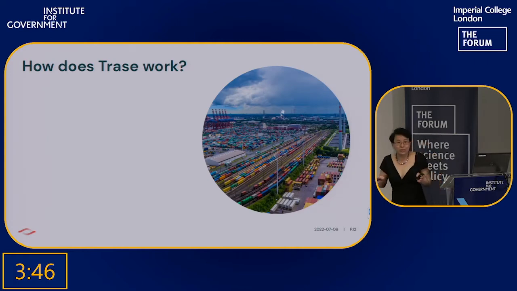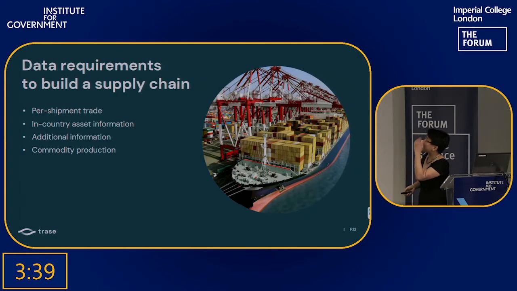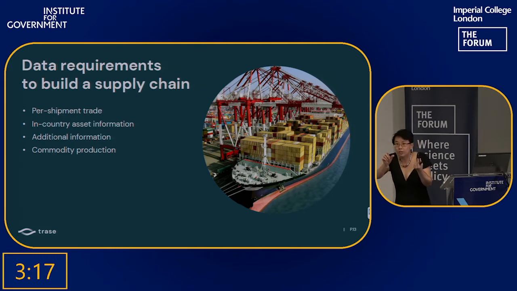How does Trase do this? It would take me far more than 8 minutes, more like 8 hours to explain, but briefly, in a nutshell, there's various data requirements in order to build a supply chain. For every single combination of commodity and country of production, that's going to be different because there are different kinds of production involved and there's different data sources available. But broadly speaking, the per shipment trade information is the backbone of what Trase does, being able to connect specific companies to specific exports from a port in certain volumes and then the importing markets that it goes to.